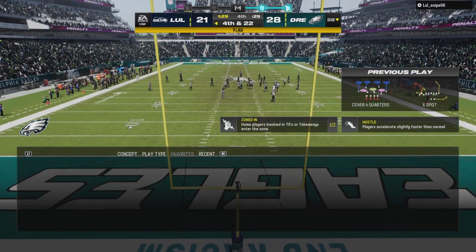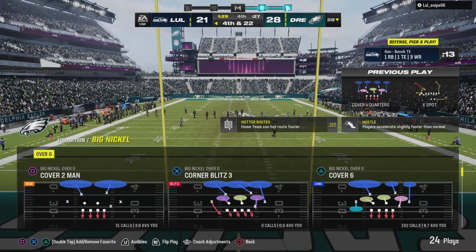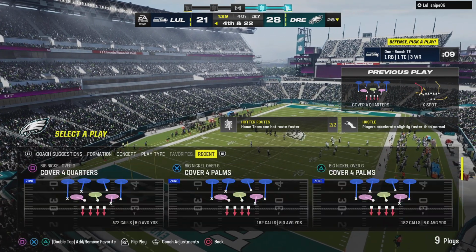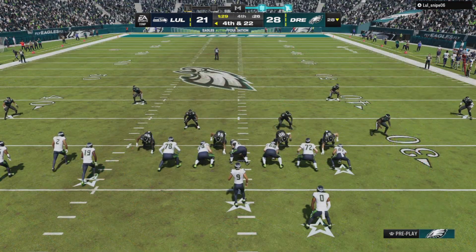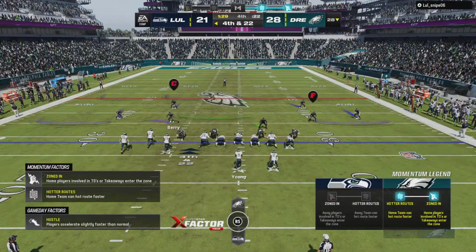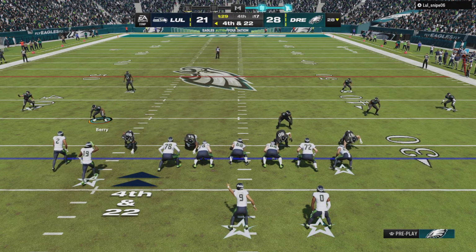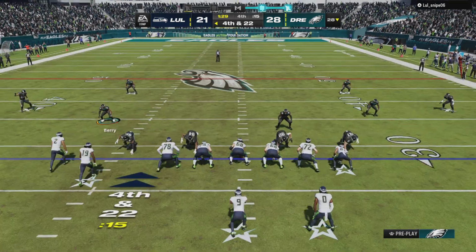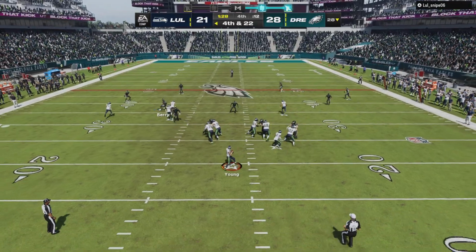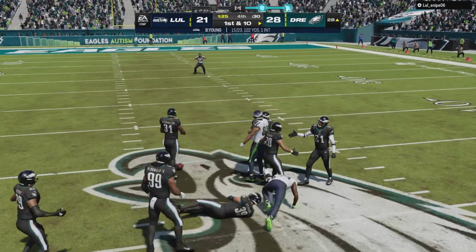The offense knew it. They were already starting to walk back as that one is accepted. Gotta avoid the flags defensively. Here's 4th and long. It's desperation time. Young on 4th down. And it's incomplete. They cannot